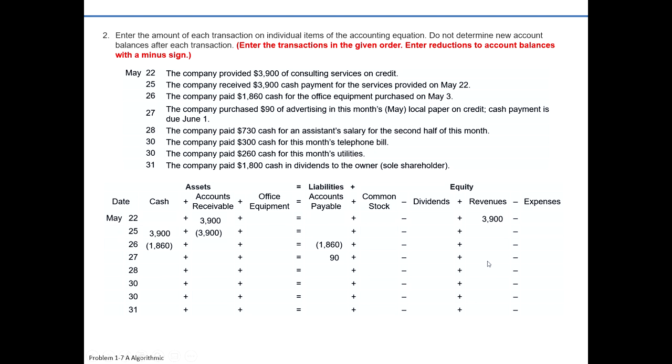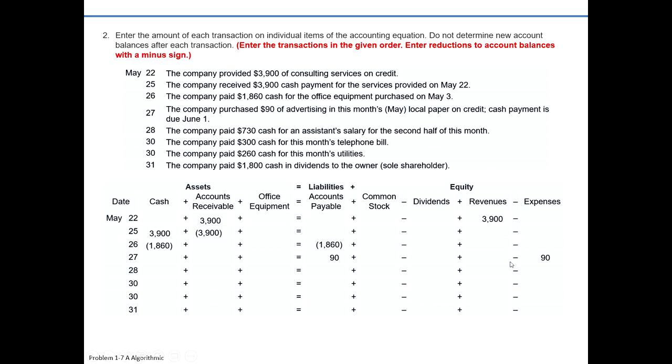The advertising is going to be used up in the month of May, so we're also going to increase our expense, and it would be advertising expense by $90. Again, on the surface, it looks like two increases on the same side, which you might think would throw things off, but liabilities are increasing by 90, and ultimately equity is decreasing by 90 because expenses take away or subtract